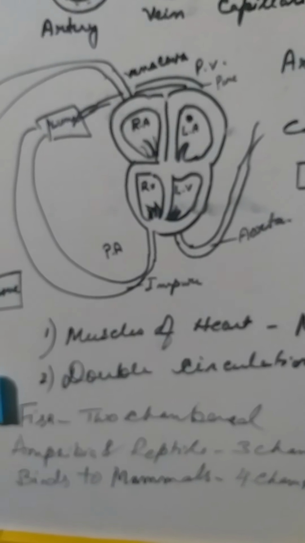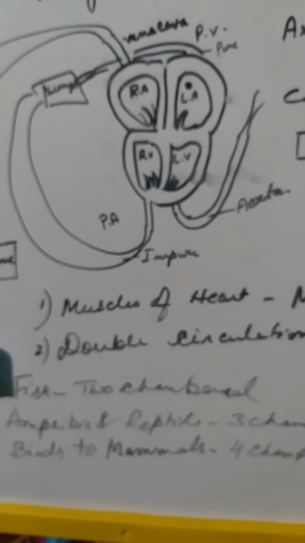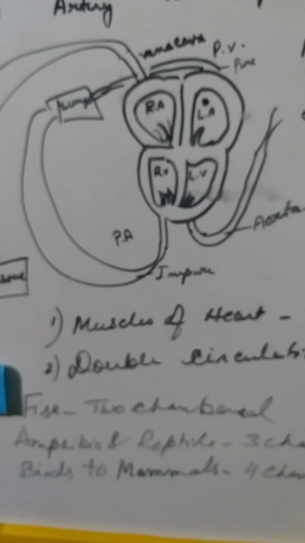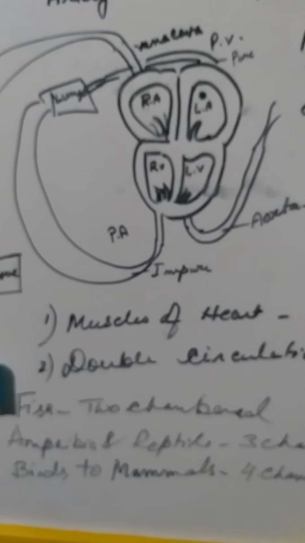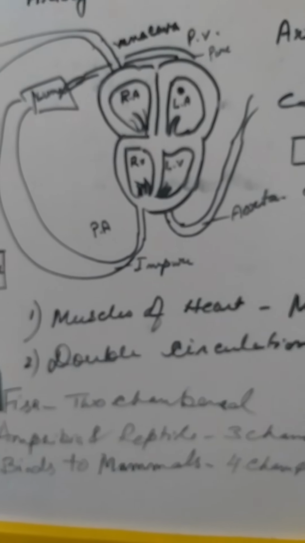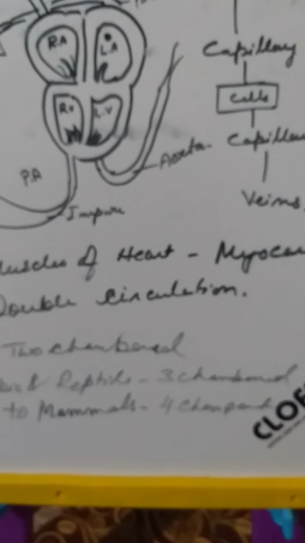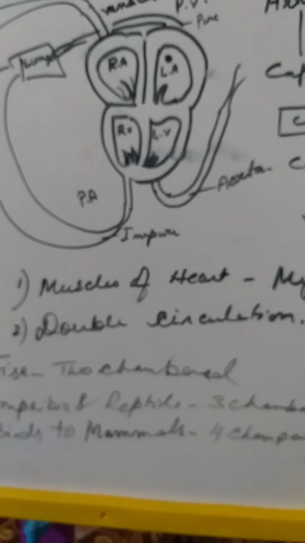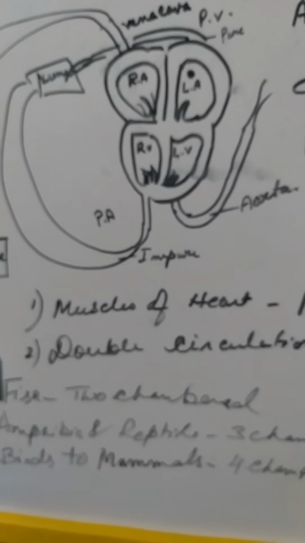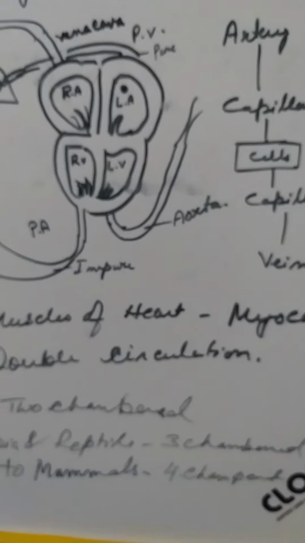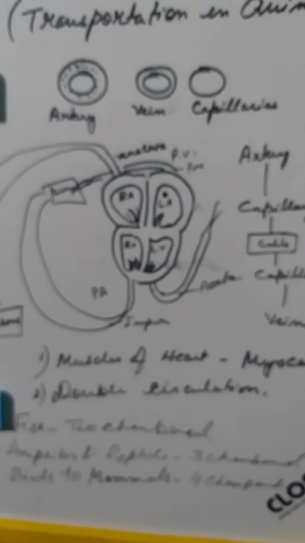Now up to this is in your syllabus, but there are three different patterns of heart found in the living world. For example, fishes. Fishes are the first organisms where you find the heart, and it is a 2-chambered heart. Here the complete separation of oxygenated and deoxygenated blood is not there, so it is known as venous blood. The amphibians and the reptiles have a 3-chambered heart, and the heart of a crocodile has a false 4-chamber. Then the birds and the mammals have a 4-chambered heart. So with this we come to a short description of the human heart.